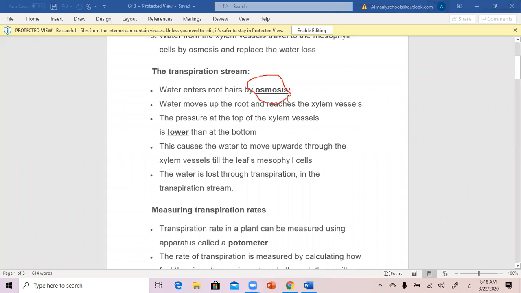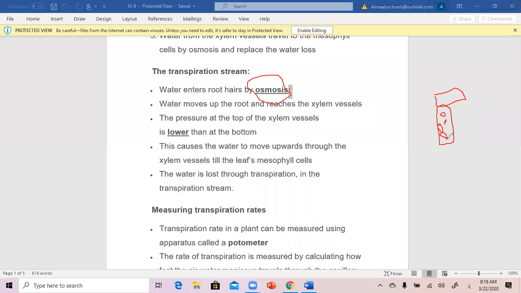Now we will go to the osmosis here, this one. If we want to draw, I'm drawing the epidermis. If you remember, that is the epidermis here. Then we have the palisade cell, do you remember? That is the palisade cell. This palisade cell contains a nucleus, a lot of cytoplasm, and a lot of green chloroplasts here.